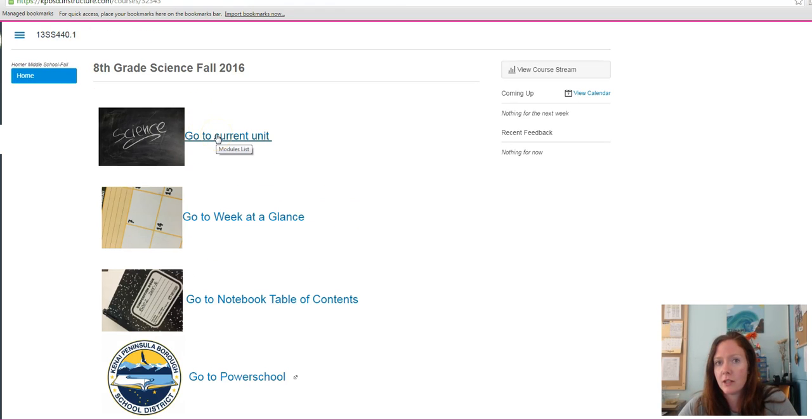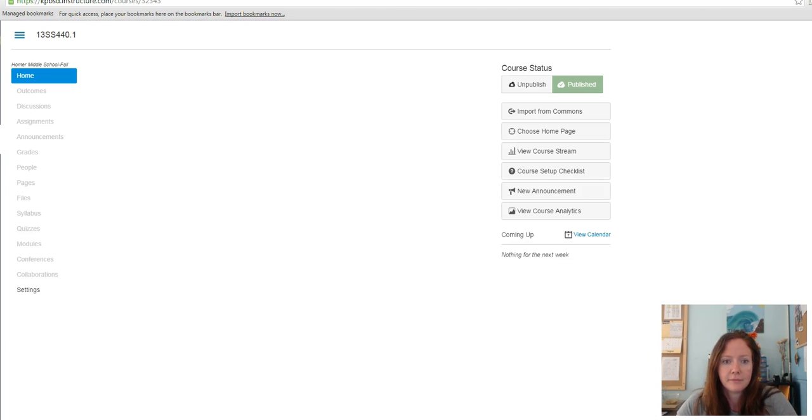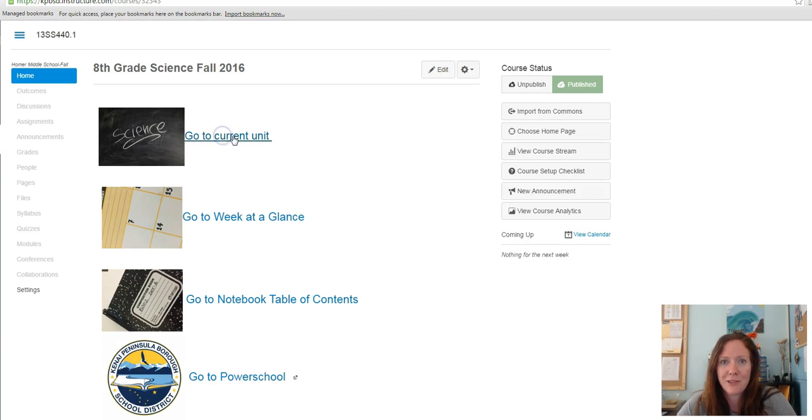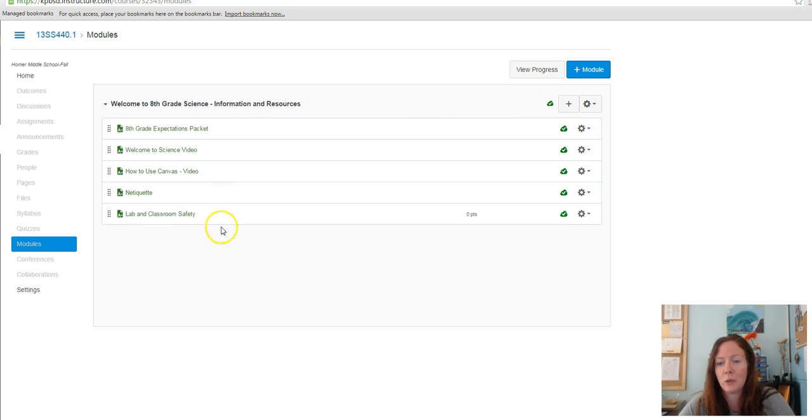And your final option is to go to the current unit. This is probably going to be the link that you use most often. So this is going to take you to where all your assignments are housed. So I'm going to click over to this part of Canvas. I'm going to actually get out of student view here because it's not letting me do that in student view, but that's okay. It will look pretty much exactly the same without